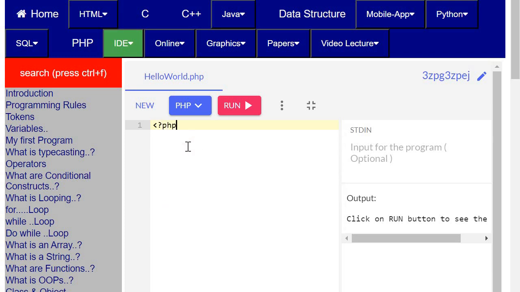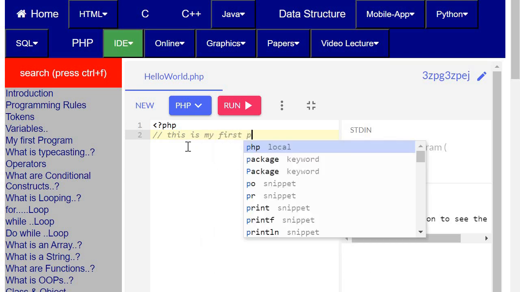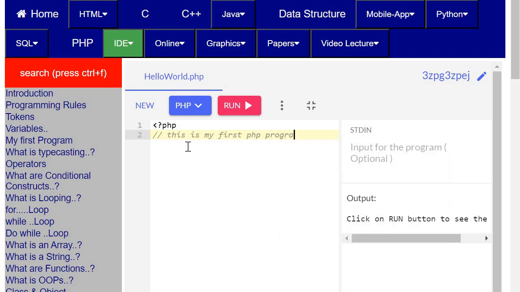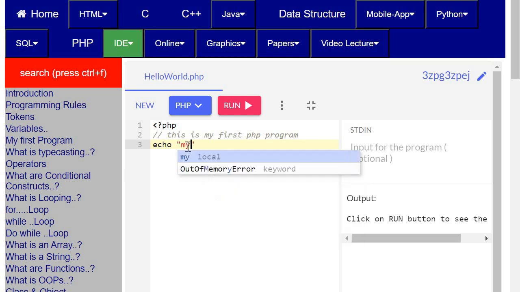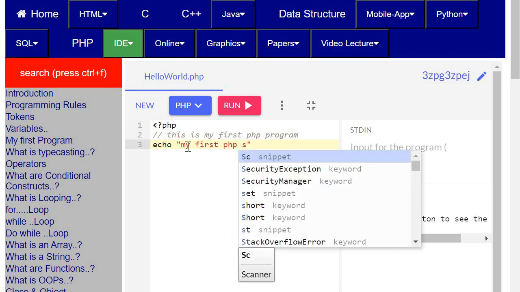So here we will be starting with the PHP tag first, and then you can give your comments that this is my first PHP program. Once you have given your comments, then you can print a message that this is my first PHP server side